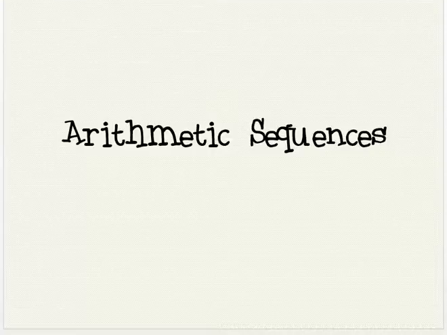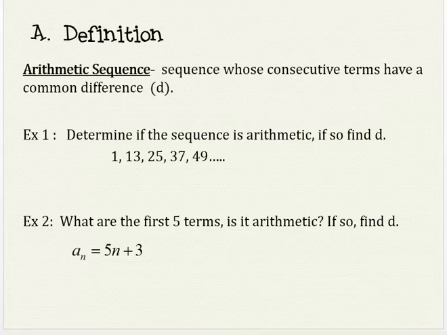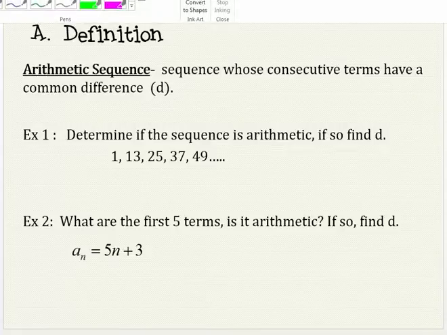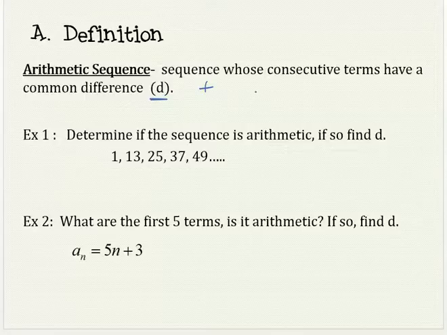Alright, this video is about arithmetic sequences. So first we need a definition of an arithmetic sequence. That just means it's a sequence whose consecutive terms have a common difference. Either a positive difference, meaning you're adding the same thing, or a negative difference, meaning you subtract the same thing